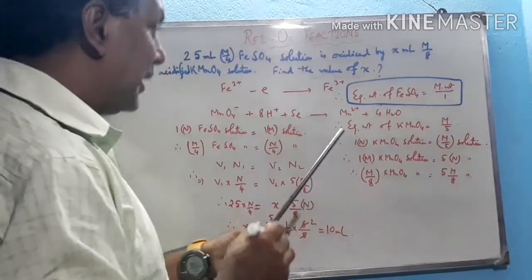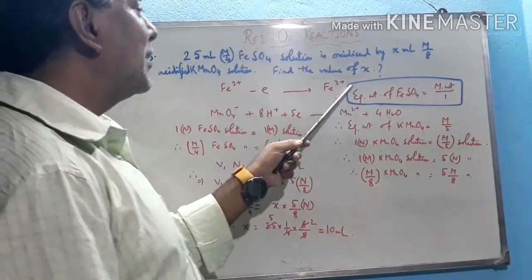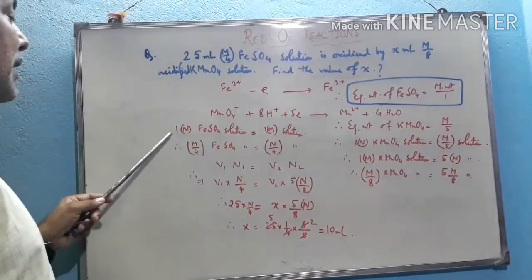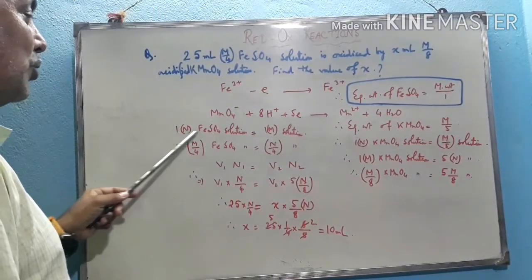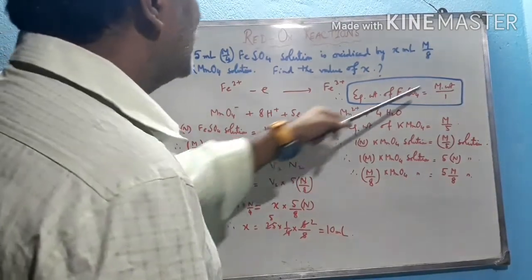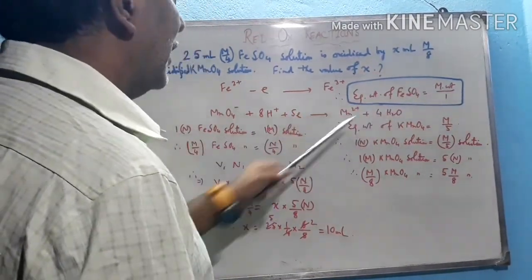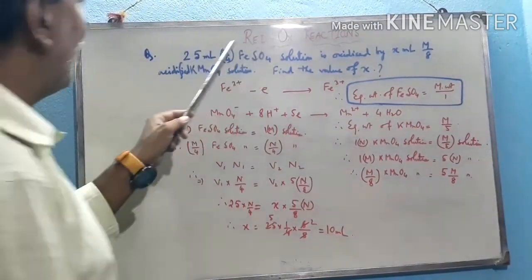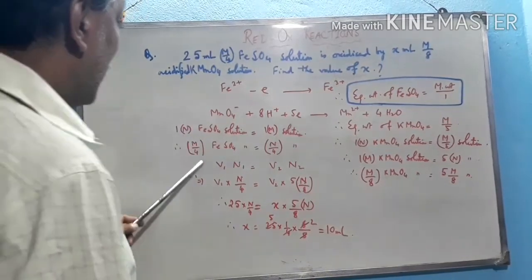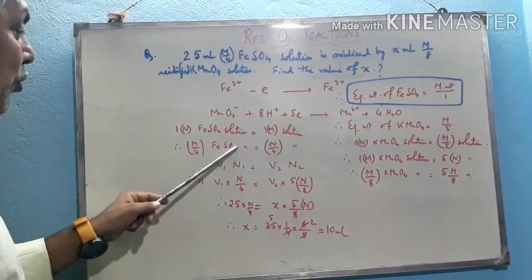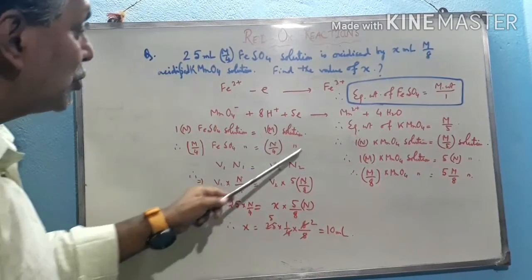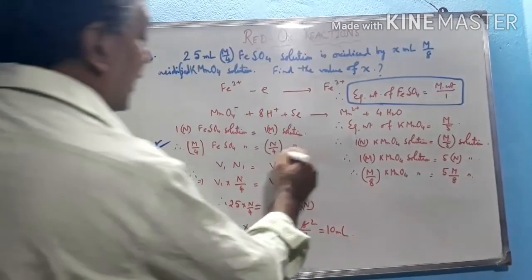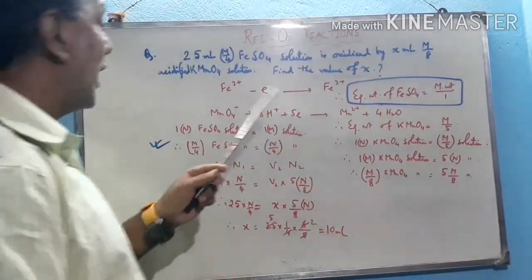So if 1000 ml of solution contains 1 gram equivalent of ferrous sulfate, then that strength is called a 1 normal solution. So a 1 normal ferrous sulfate solution is a 1 molar solution, because the molecular weight is divided by 1. The strength here is M/4, therefore M/4 FeSO4 can be written as an N/4 solution. Clear? Molarity here equals normality.